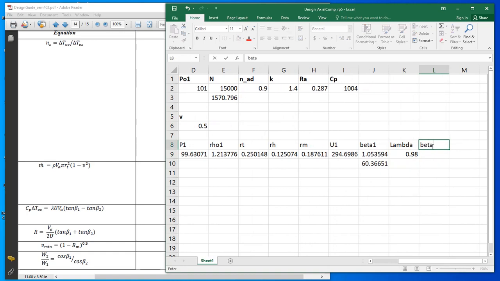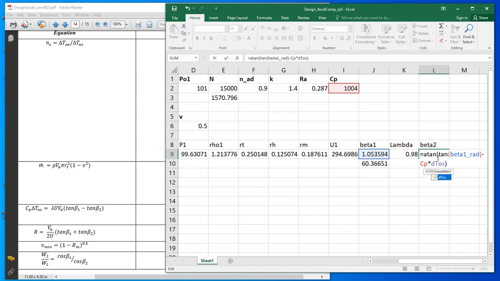So beta 2 is equal to a tan, and then tan of beta 1 in radians minus Cp into dTOS